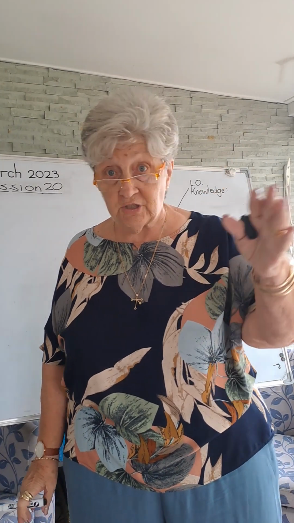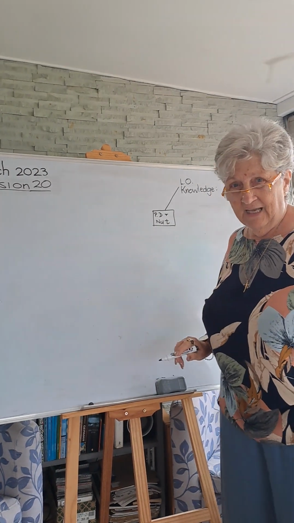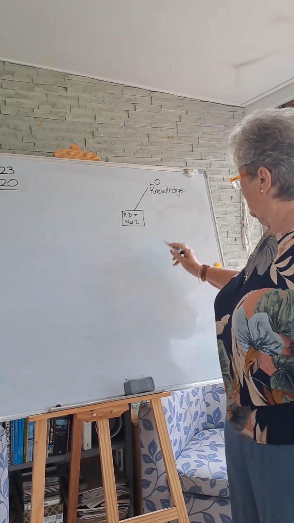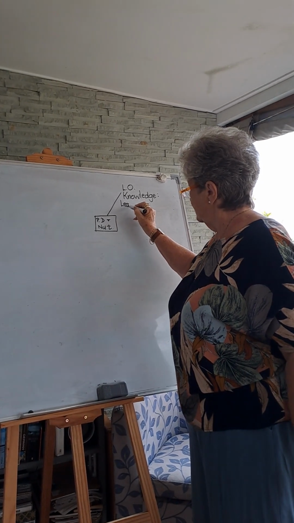What do I want them to have in their heads? That is my objective. It's my aim. It's my vision. Well, not my vision, it's actually my mission. My vision is to educate them, but my mission is to get them to know facts about personal diet and nutrition. So the first thing I say is, learners